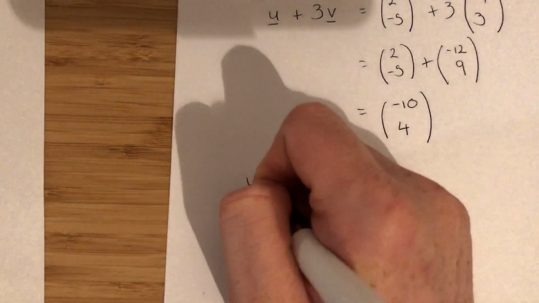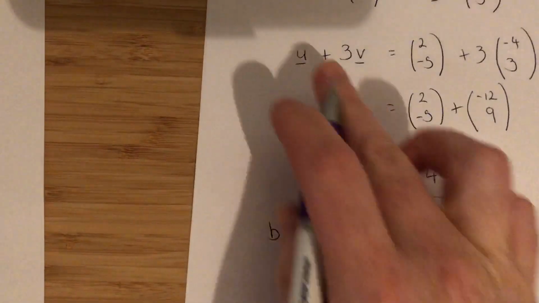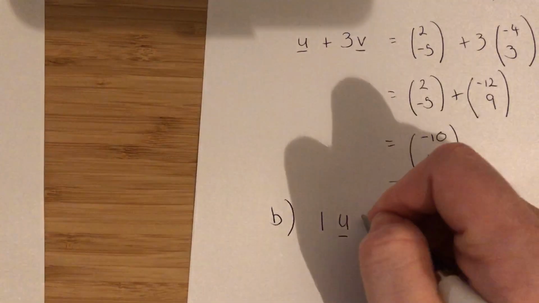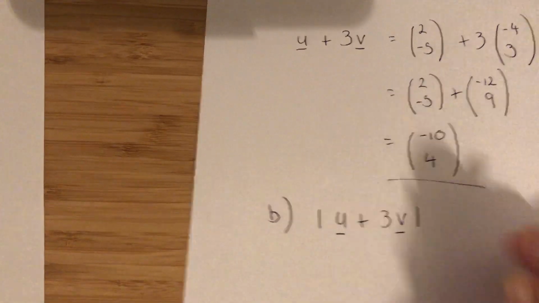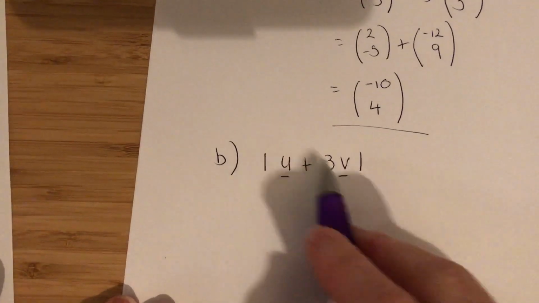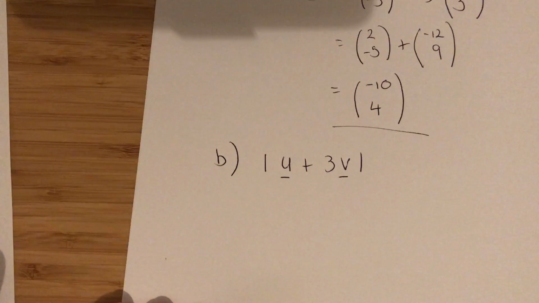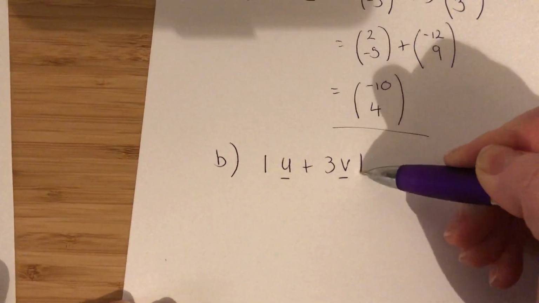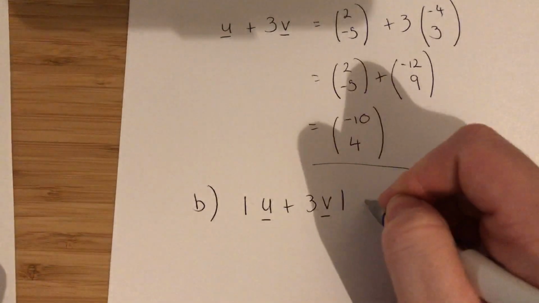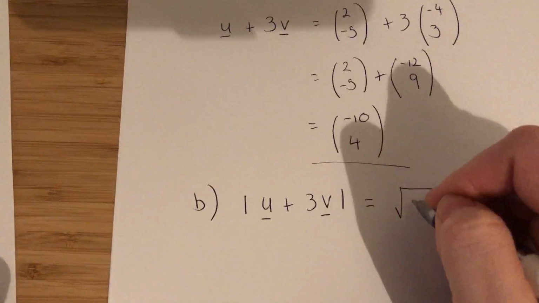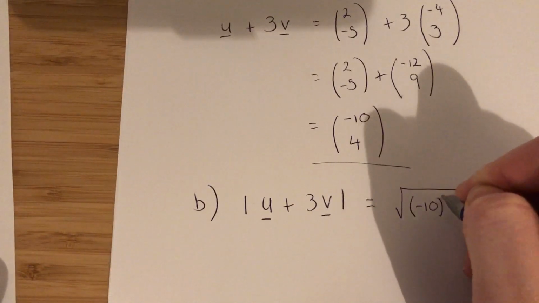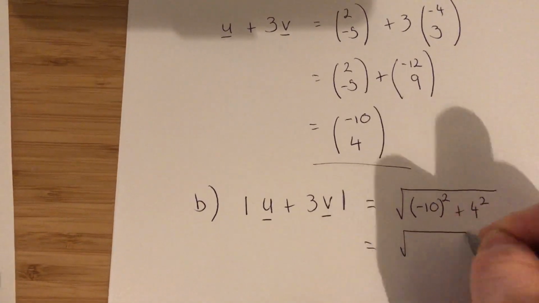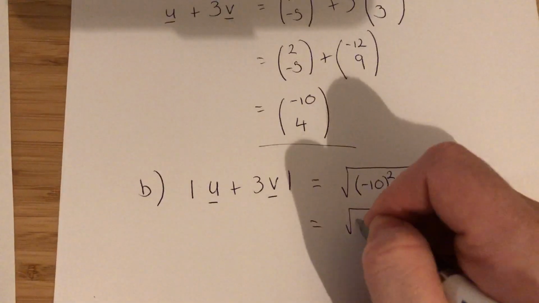So on the next part, part B, we've found the resultant force of u plus 3v. We've then just been told find this. So you need to be able to recognise that if you have these two lines at either side, that means the magnitude. Up until now it has actually stated the magnitude. If not, you just need to know that that's what these two lines either side mean. So the magnitude is the square root of negative 10 squared plus 4 squared, square root of 100 plus 16,